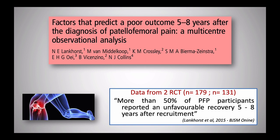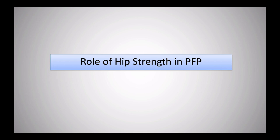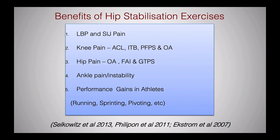Now, let's go to the role of hip strength. For the next few slides, let's look into how hip strengthening can help in a patient with patellofemoral pain. A lot of studies have looked into this in the last 10 years. So we're going to look into various studies. I'm going to pick up 1 RCT and 2 systematic reviews to look at how hip strengthening can be useful in patellofemoral pain. Generally, when we talk about hip strengthening, it's something you would use a lot in most cases with the lower limb. If you're dealing with lower limb rehab, it's extremely likely that you're going to be dealing with